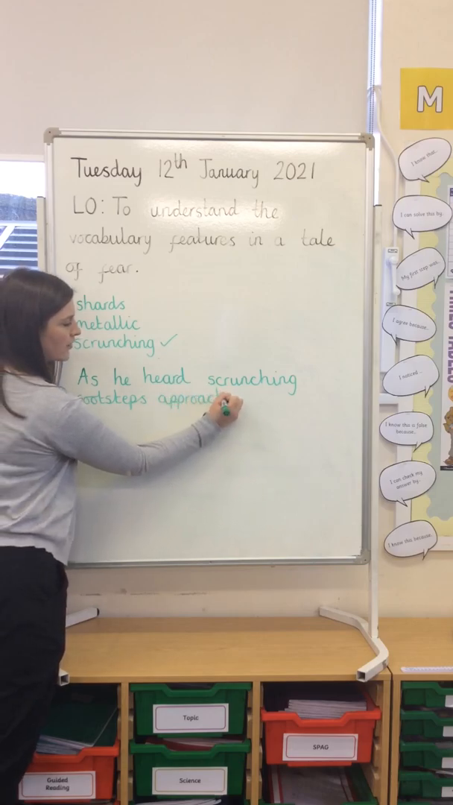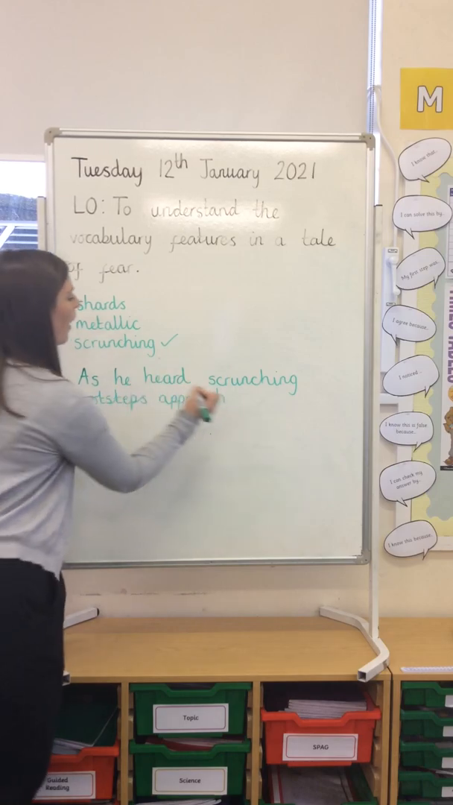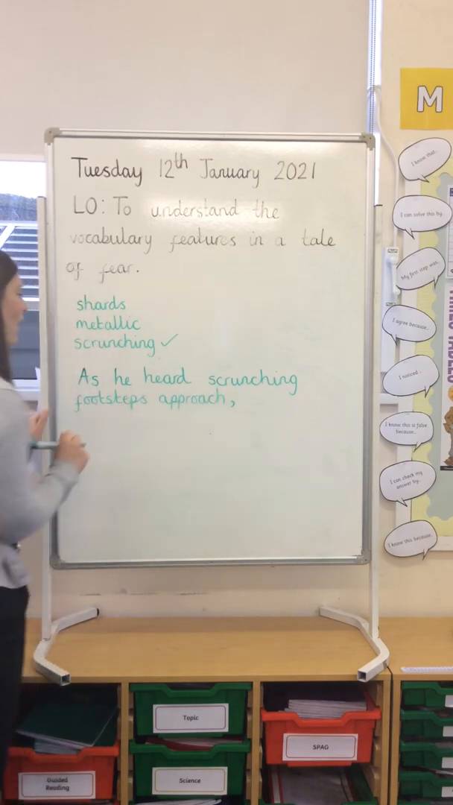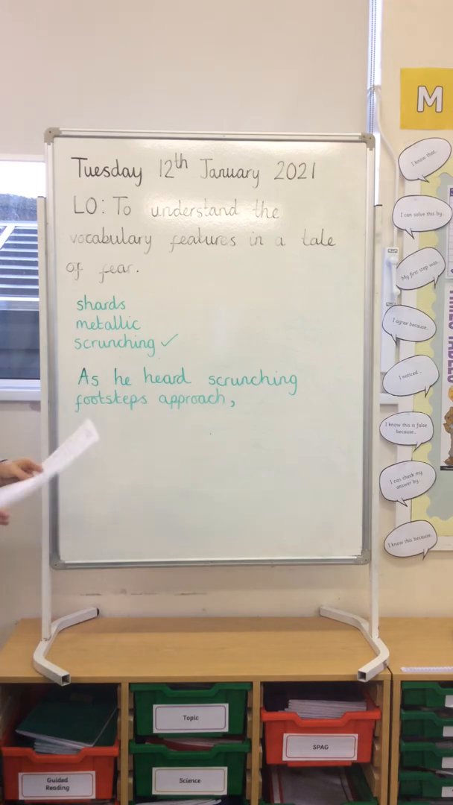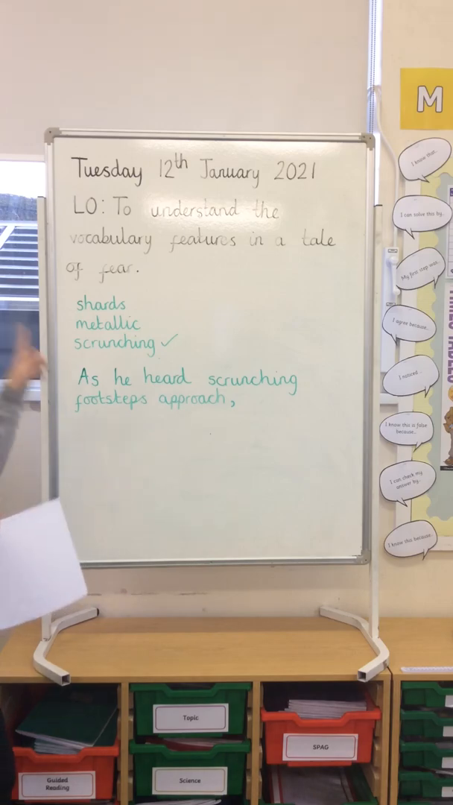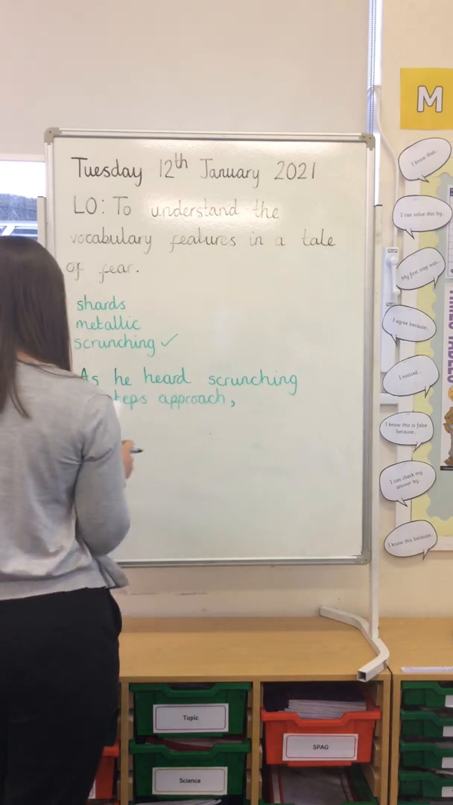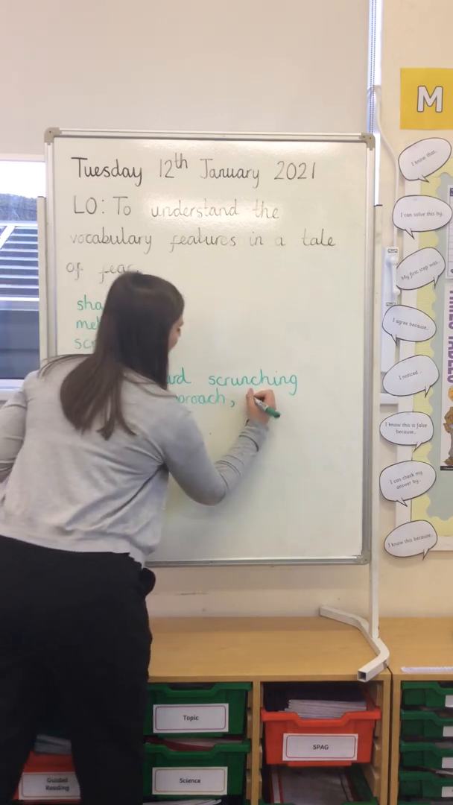What do I need after a sentence opener? Can you remember? I hope so. I need a comma. So, as he heard scrunching footsteps approach. How can I use the other? Remember, one of them is a noun and one of them is an adjective. So I want my adjective before my noun. So as he heard scrunching footsteps approach, the metallic